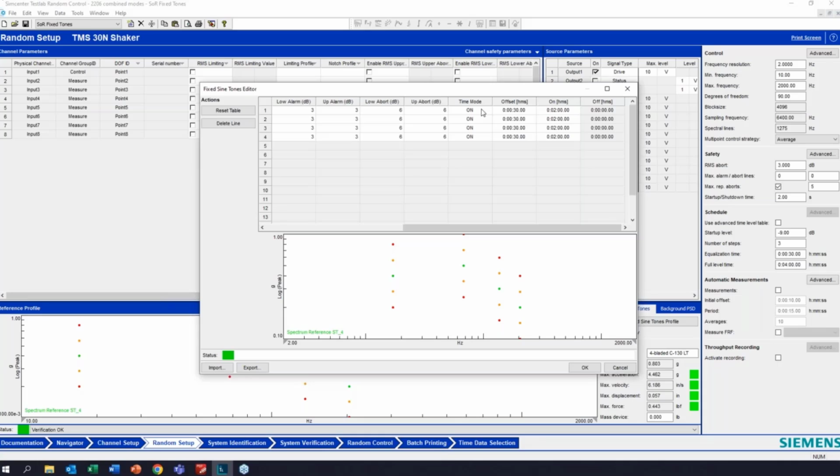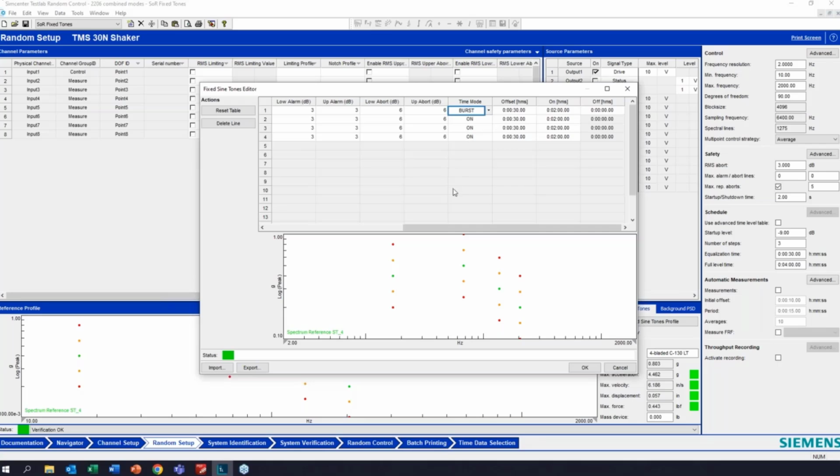And then the other thing that you're going to see here is this time mode: on, off, and burst. So on means once you get to whatever level you define for these to turn on, the sine tone will start up after an offset and remain on for this duration. Off just turns this off and removes that tone entirely from the test.